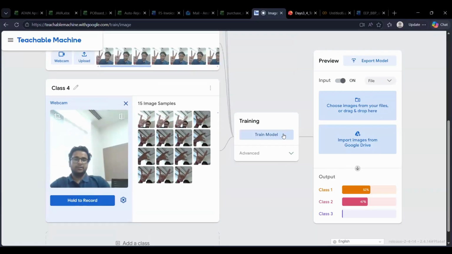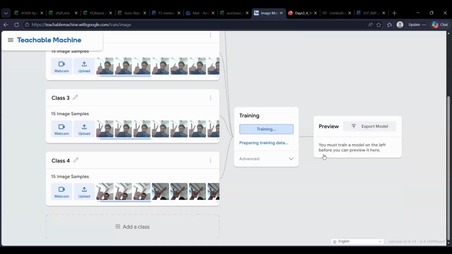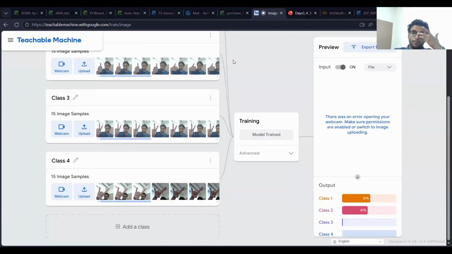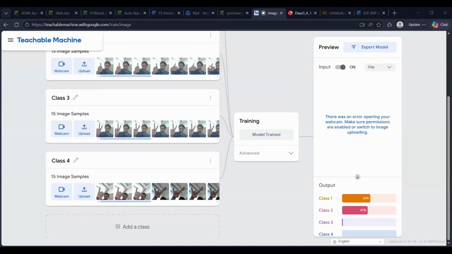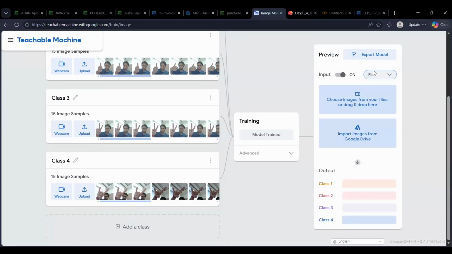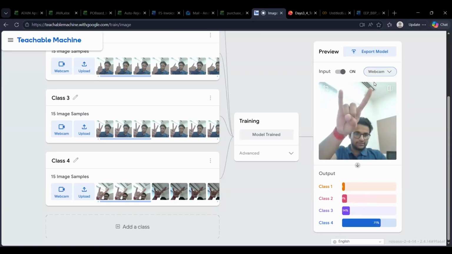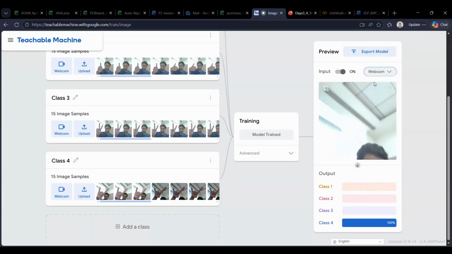So a new class is added, right? Just train my model again. It will take some time to process and train it again. And I'll open my camera again. And if I do this, class 4 also gets added, right? It doesn't come across any issue.